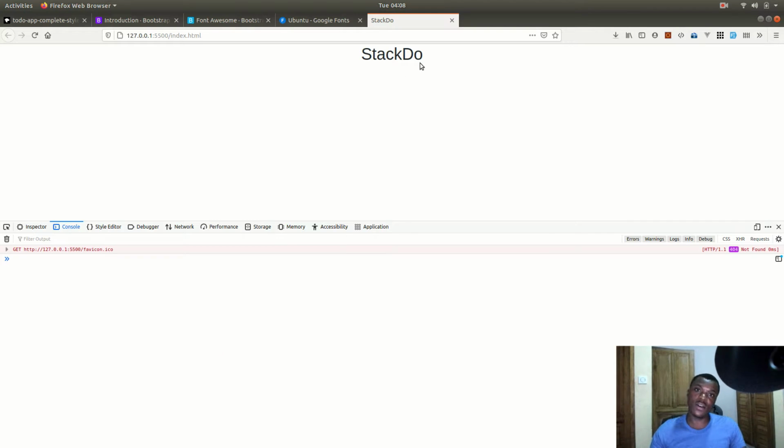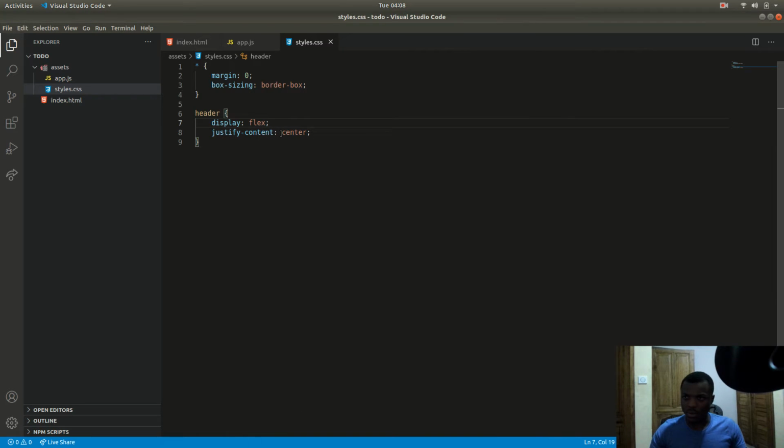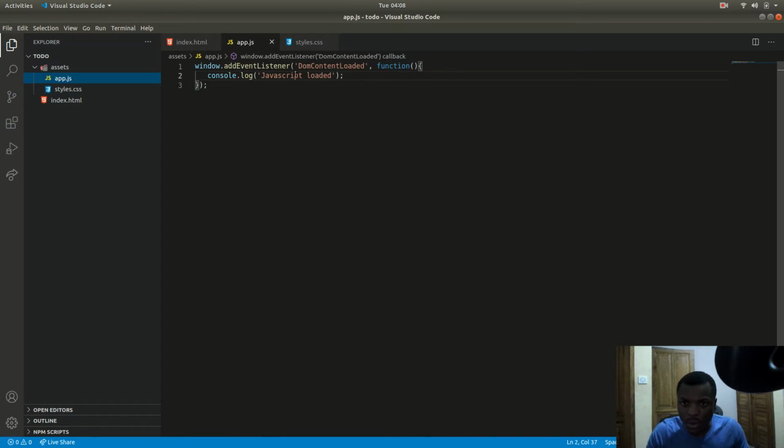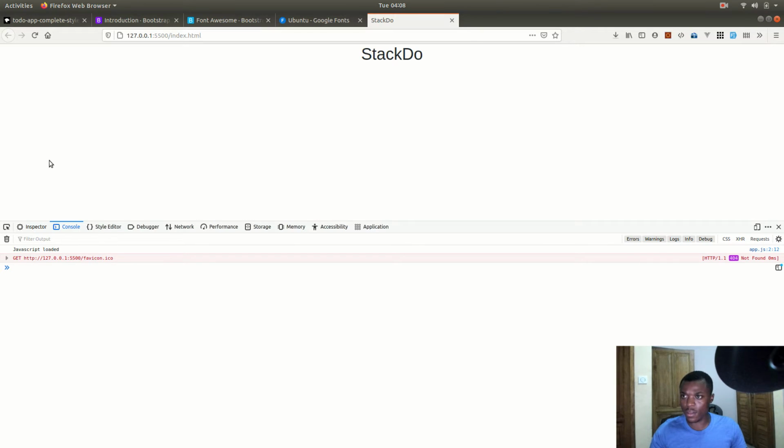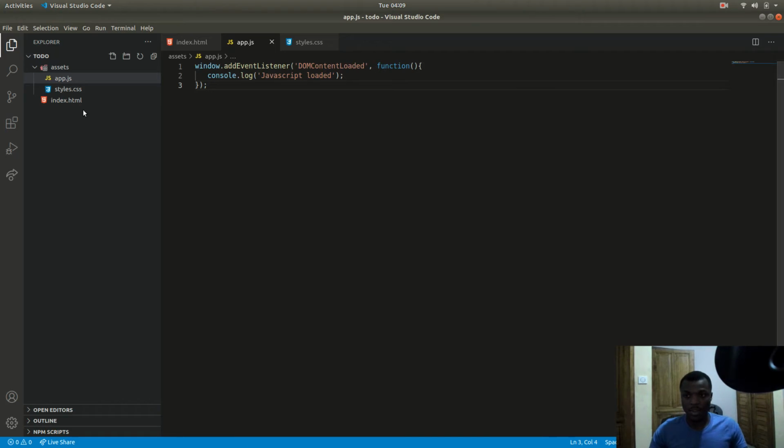So we have our heading at the center, and I should see if we have any message like console.log. So for some reason we have window.addEventListener, so it should be DOMContentLoaded like that. And if we refresh that, you see JavaScript loaded. So right now our JavaScript is loaded properly, our CSS is loaded properly, and then we can just go ahead